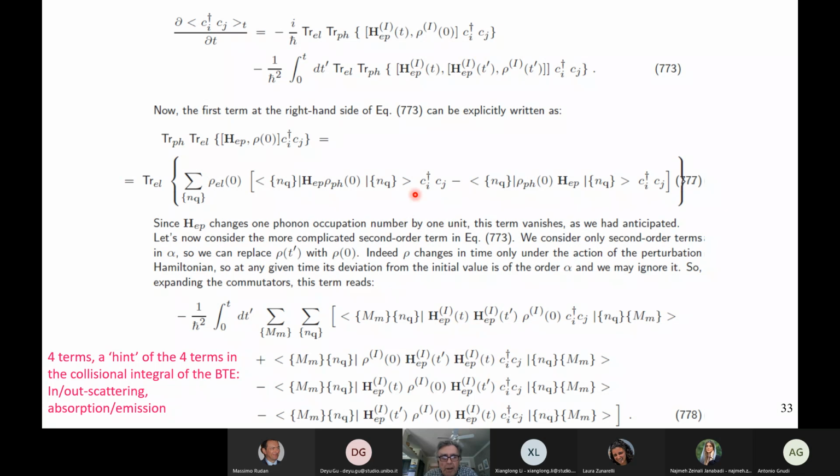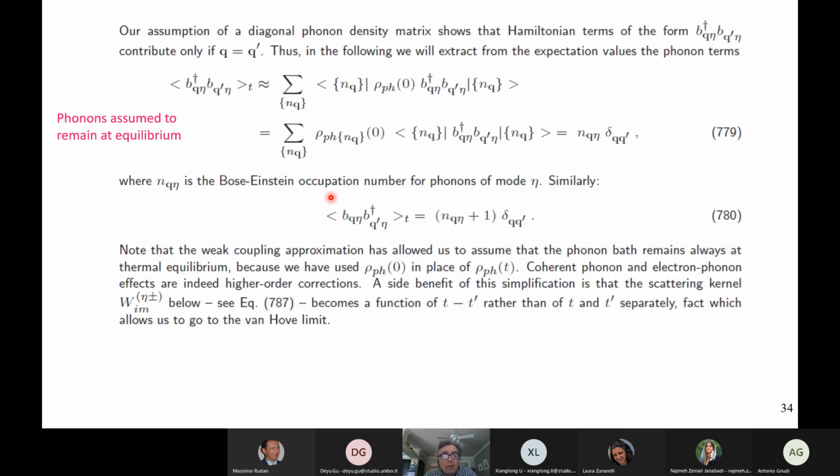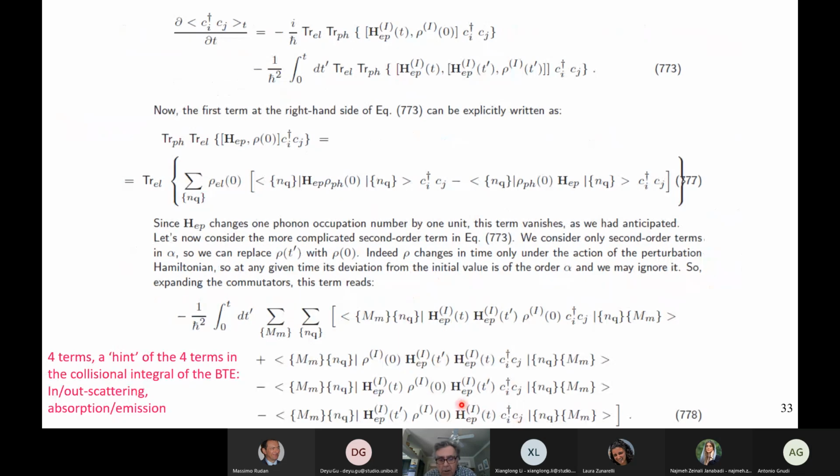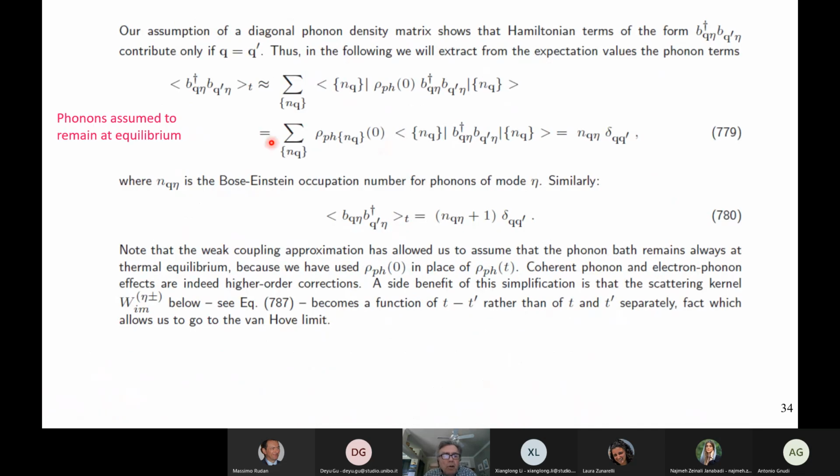I write them that way, and now I will have to use the fact that I'm tracing out over the phonon degrees of freedom by summing over all the phonon states. And this is the phonon density matrix at 0, which we will assume to be in thermal equilibrium. Because the electron-phonon Hamiltonian has the B and B daggers, we're going to assume that every time I find a term of the order B dagger B,